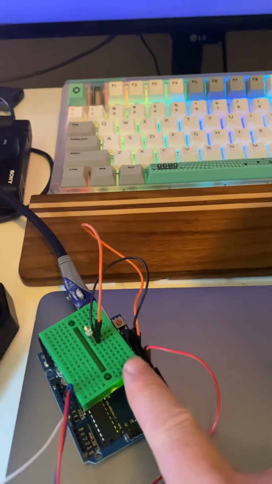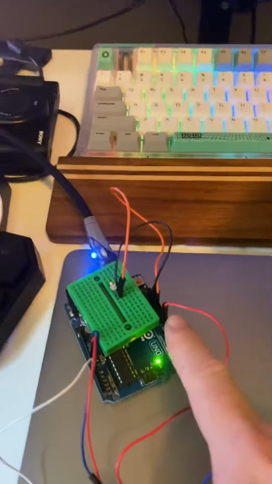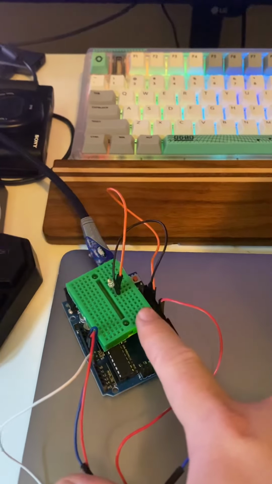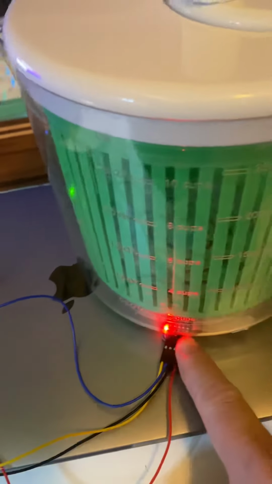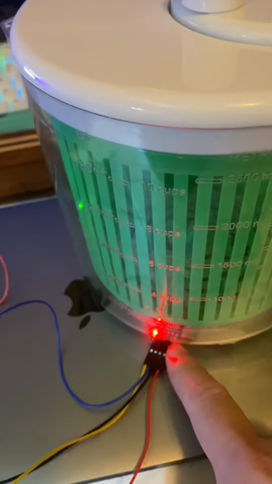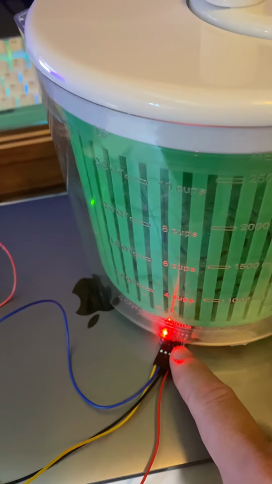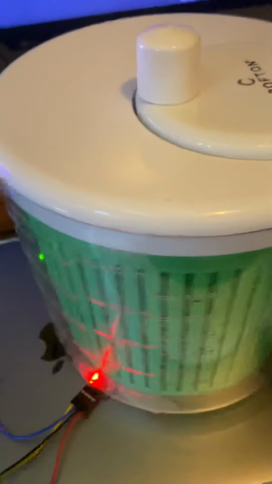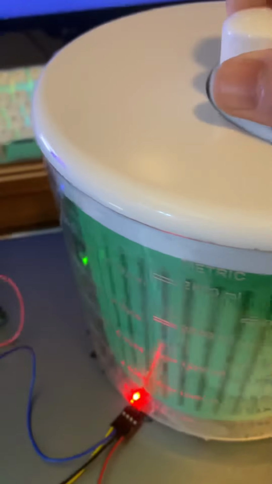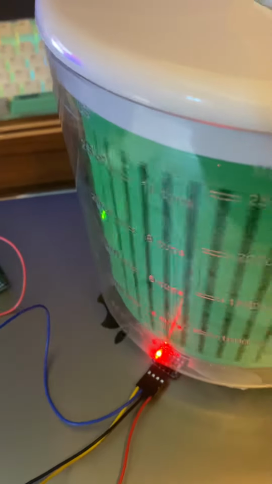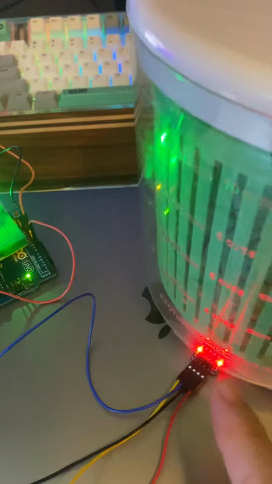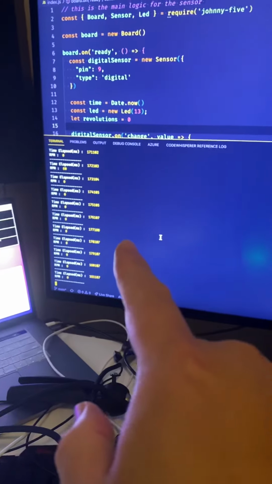When you plug stuff into it, you write code to control where the signal goes and how to receive signal from your sensors. This sensor is constantly looking for magnetic fields. So as we turn the magnet around inside the salad spinner, when it comes past the sensor, it will, let me see if I can get it here, or I don't know, there it is, it lights up. Okay, so now it's showing that there's a magnetic sensor near here, and it will report that back to my